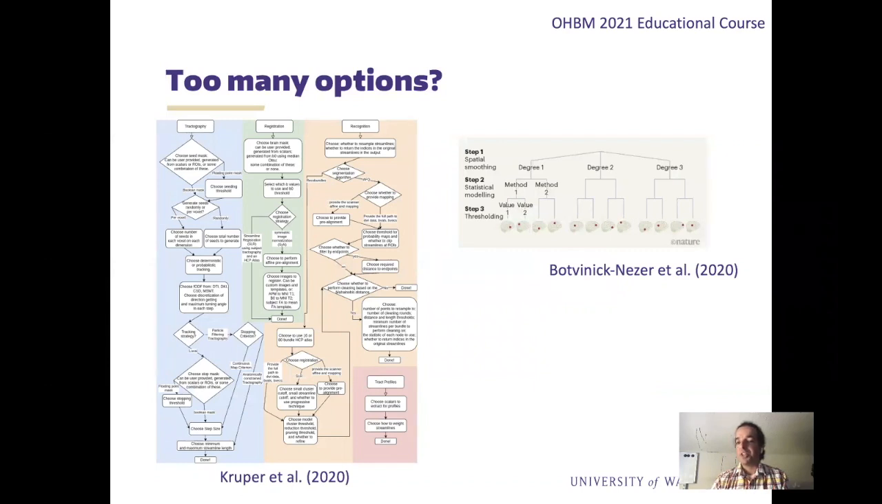Botvinik-Nezer et al. gave a variety of different research teams the same fMRI data set and asked them to test a variety of different hypotheses about this data set. And they saw that different choices made at different steps, for example, spatial smoothing, statistical modeling, or thresholding, affected the inferences that different research groups made. And you look at this, and this is a